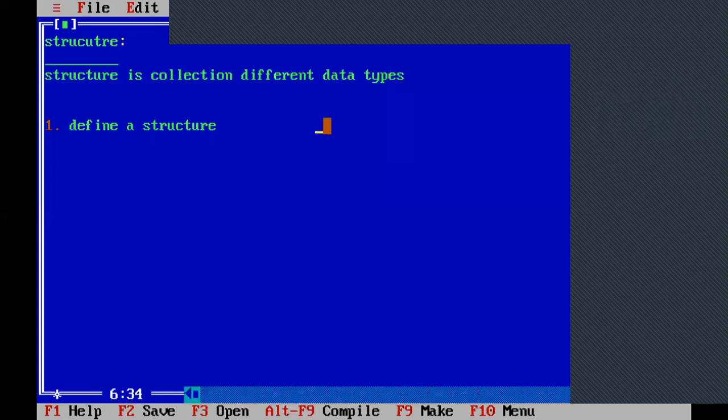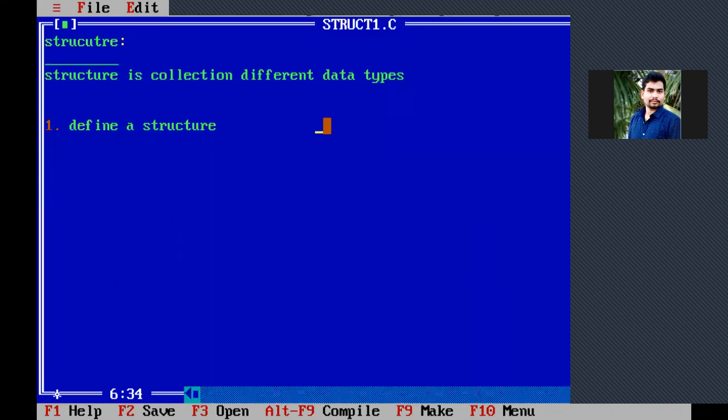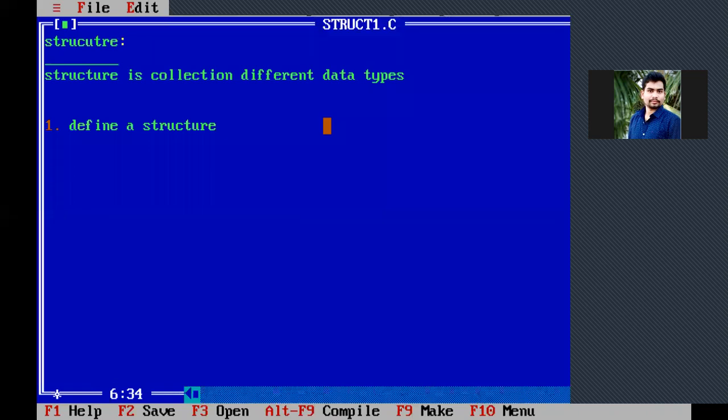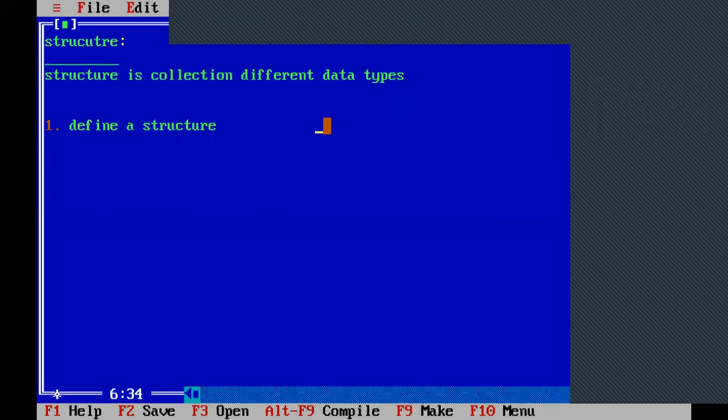All these three properties, or all these three members, all these variables, three variables, name, roll number, and percentage, I have to group as one unit. That one unit is nothing but structure. But that one unit, that structure, student structure, how you are going to create is we are going to discuss under first subheading. So defining structure is nothing but creating a structure.